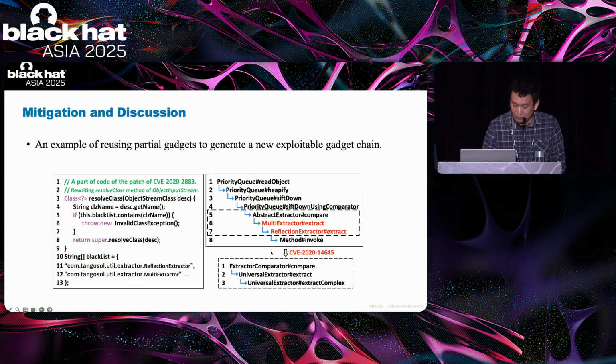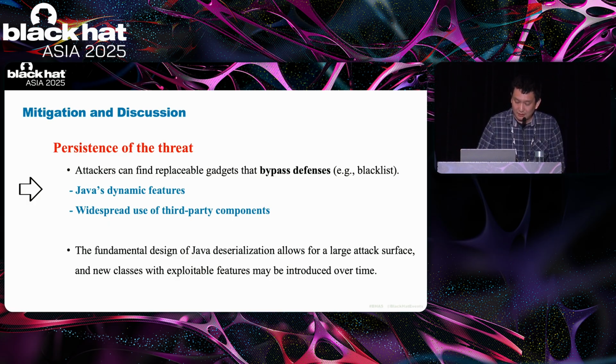But in our case, we found that it can bypass this specific gadget chain. Basically, it is a blacklist. It does not allow, for example, certain abstract structures, but we can still find ExtractorComparator.compare, and it can bypass this blacklist and still lead to the same severe consequence. So basically, as we can see, the threat is persistent. So it's very hard to defend against this type of Java deserialization vulnerability, and also it's hard to detect